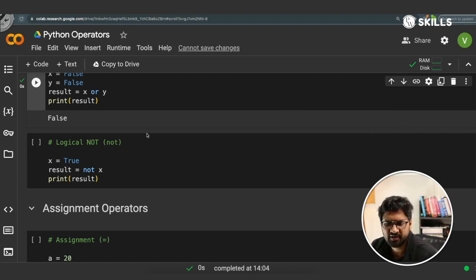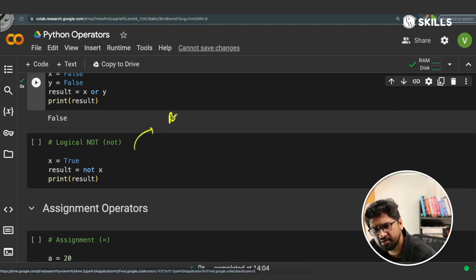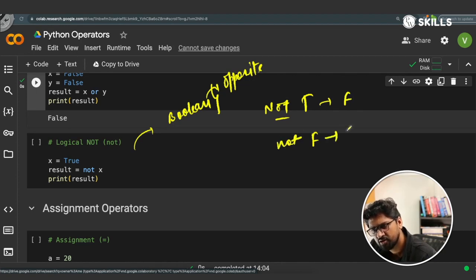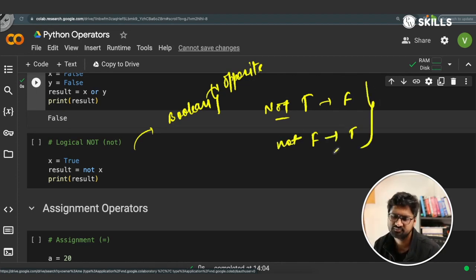Not logical operator का मतलब है कि ये आपके बूलियन को अपोजिट बना देगा। तो मान लीजिए आपके पास ट्रू है और उसके पहले आपने लगा दिया नॉट, तो ये हो जाएगा फॉल्स। अगर आपके पास फॉल्स है उसके पहले आपने लगा दिया नॉट तो ये आपको ट्रू बना देगा। एग्जाम्पल